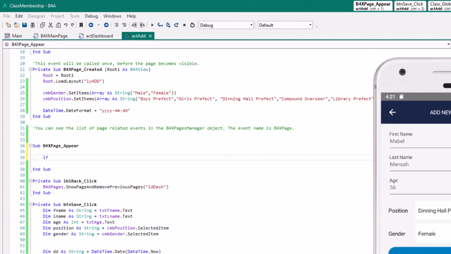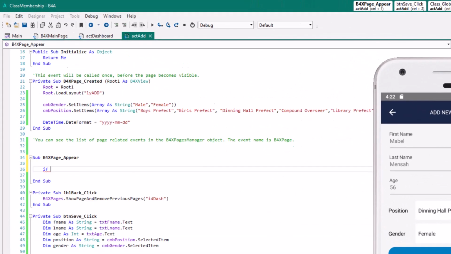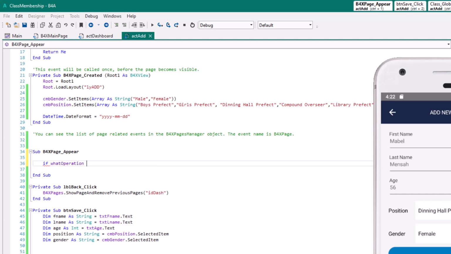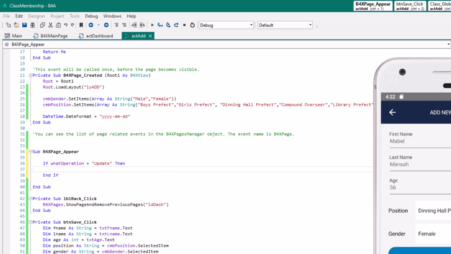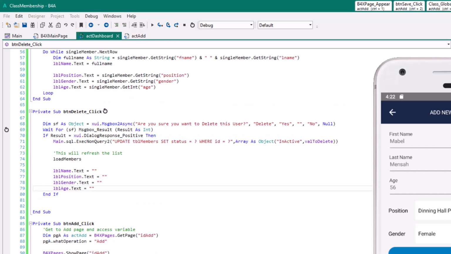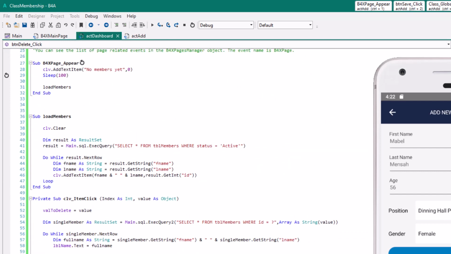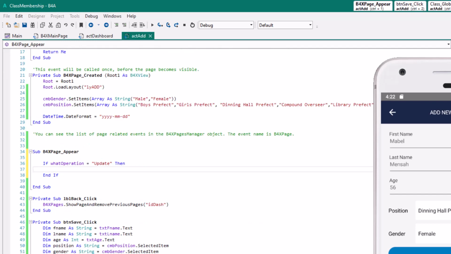So if operation equals to update, then let's get the code from loading members, from each function.